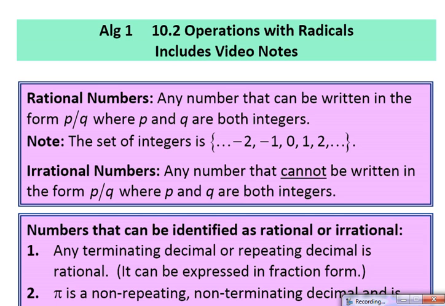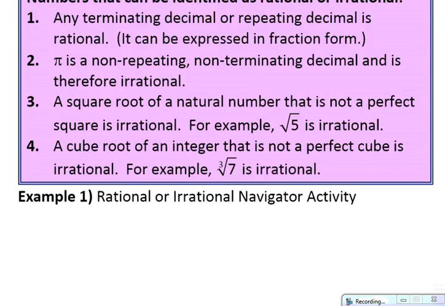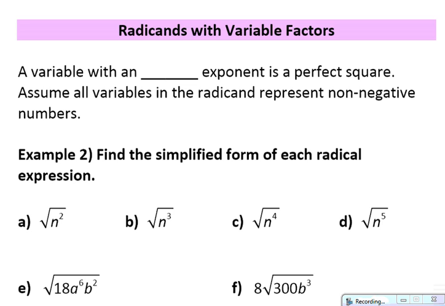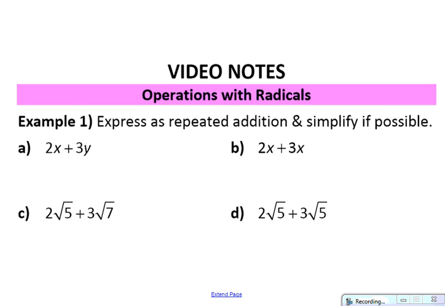Earlier today, we talked about rational numbers, so I want you to see that's at the beginning of these notes. And then we talked about radical factors. But at the bottom of this page, we're going to talk now about operations with radicals. So first, let's just take a look at why the rules are going to be the way they are for